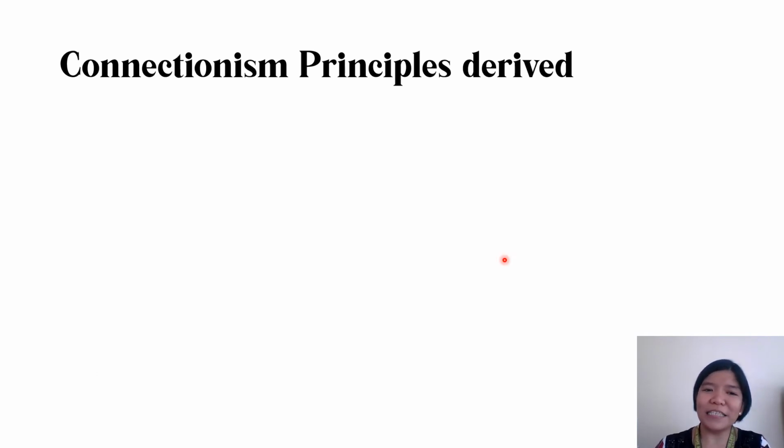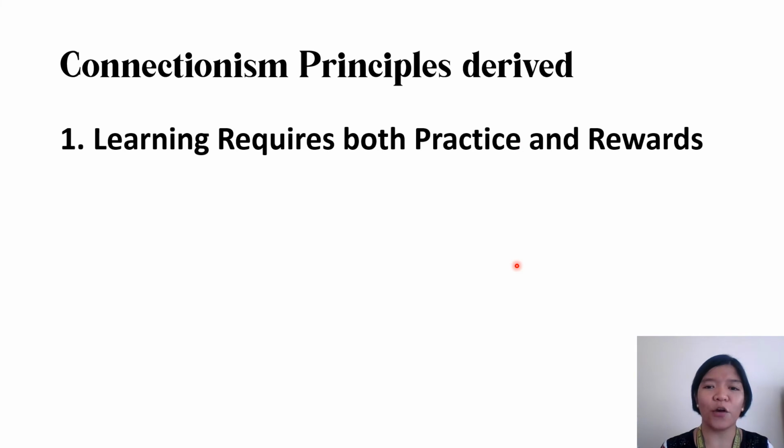So what are the principles? Connectionism principles derived. First, learning requires both practice and rewards. Of course, if you reward the positive, then the more that they will repeat the positive. If you practice what is required, then the more that they may perfect what you want them